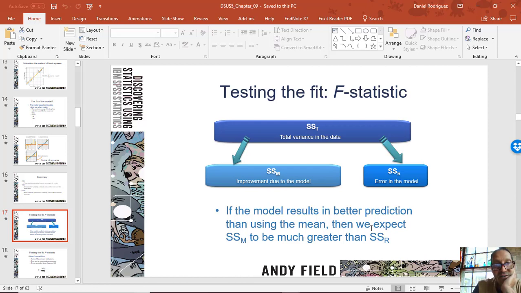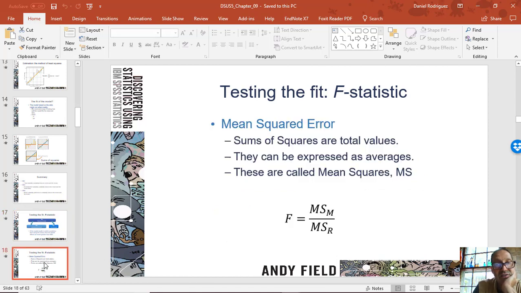And like Andy Field always says, how well your model functions depends on how much better the model predicts than there's error, the part that's not predicted. This F statistic, which we'll be using, F is a different kind of distribution. We talked about a Z value, which follows a standard normal distribution. We have this F value, and you'll see this when we actually do the regression